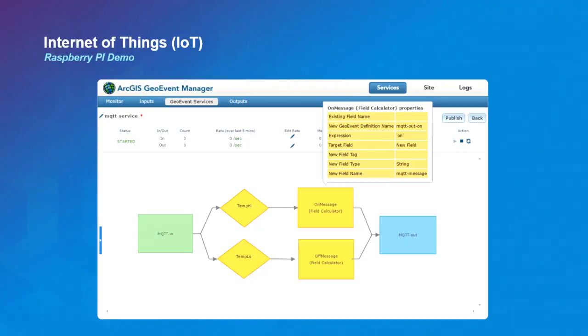When the temperature is below that, we use another field calculator to put the word off in the output event. The output event goes to the MQTT output, which publishes the event to a particular topic on the IoT integration platform.